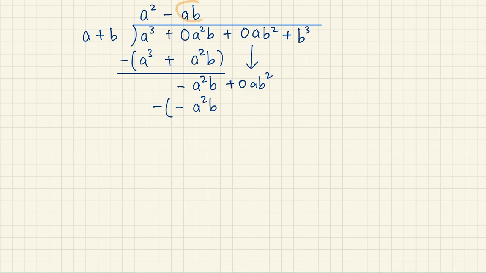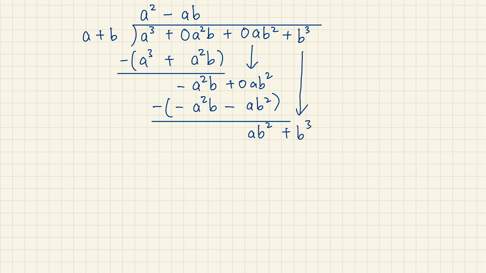And this negative ab times b is going to give me negative ab squared. I close the bracket, the leading term is gone, and I have 0ab squared minus negative ab squared, so I'm left with ab squared. Then bring this down, I will have plus